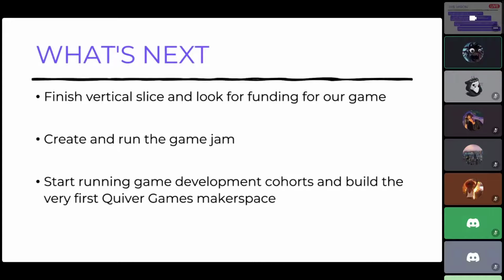As well as right after that, just start running game development cohorts and be able to foster real projects, get people where we are right now or even better, and help people either connect to work or create their own studios. We currently have Blackbird Interactive working with us on this, as well as HomeKey, UBC Game Dev Club, and soon the people that make BC Game Jam, which happened recently. But yeah, that's basically it.